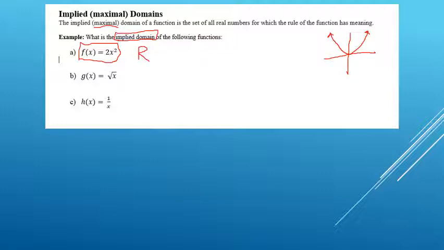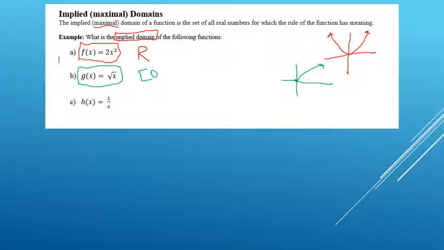When we look at B, we've got g of x equals root x. Now we've already studied this, so we know that the graph of root x looks something like this, starts at the origin and goes upwards and outwards with a bend that way. When we looked at the square root graphs, we recognised that we can't put a negative number into the square root. So the implied domain in this question is: I can put 0 in